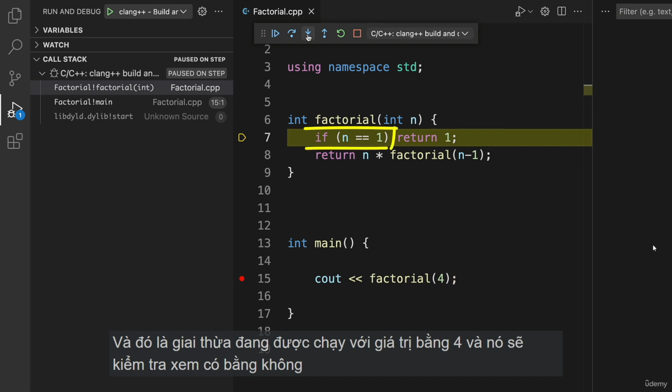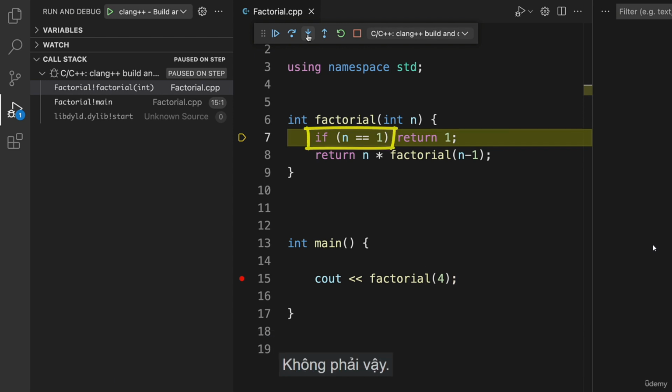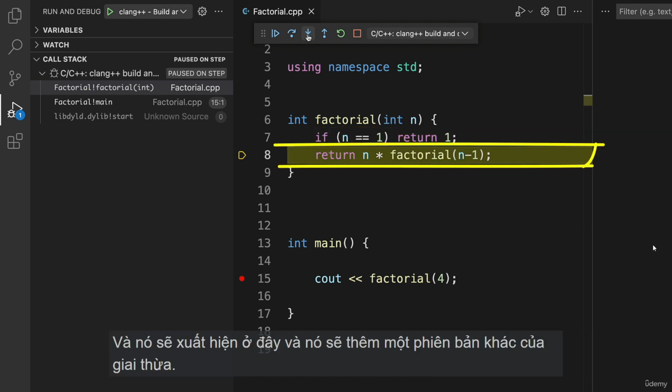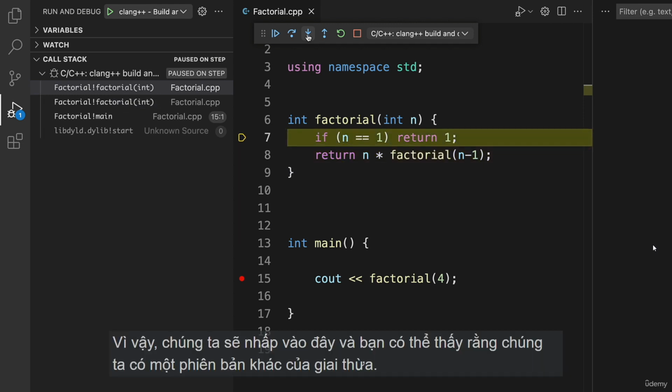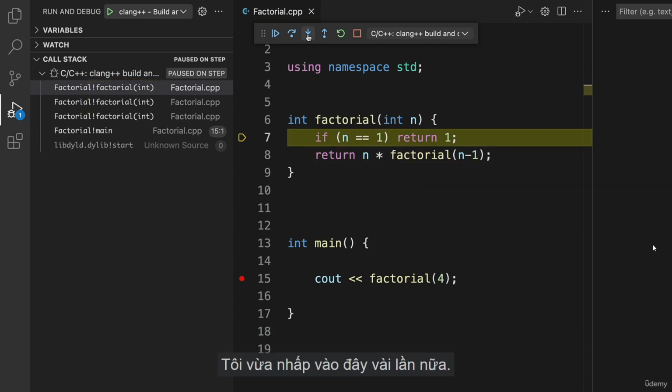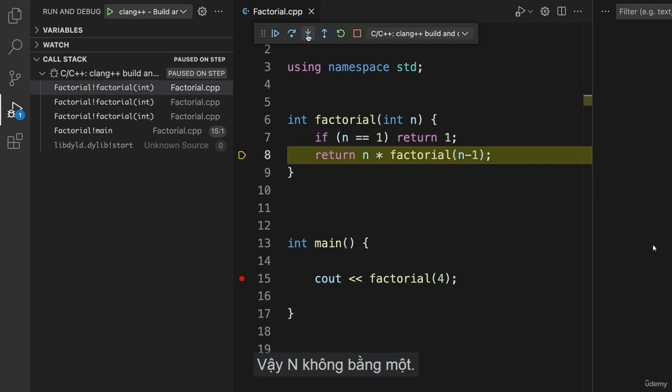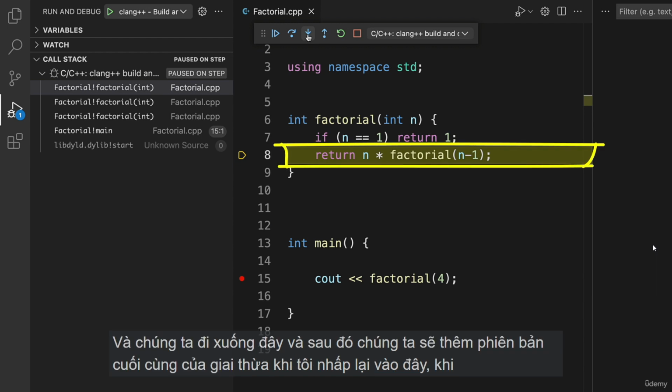And it's going to check to see is n equal to 1. It is not. And then we come down here, and this will add another instance of factorial. So I'll click on this, and you can see that we have another instance of factorial. I'm going to just click through this a couple more times. This is with 2. So n is not equal to 1, and we come down here, and then we'll add